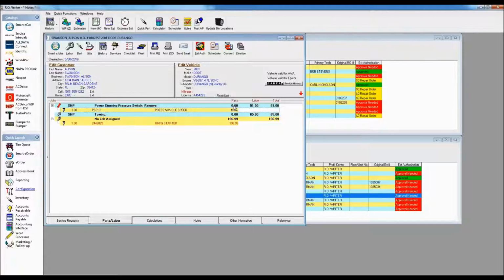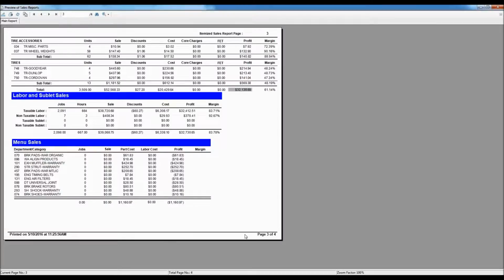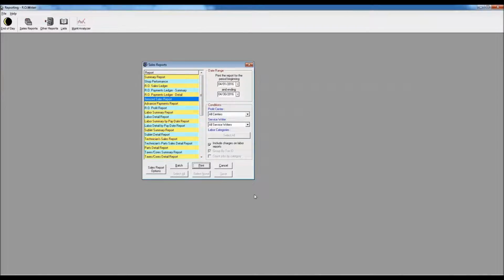So again, if I wanted to make sure that I recorded a part was sold, use the cost as part of the profitability calculation, but not actually charge the consumer whatever the selling price would be, I can flag it as a menu item. The itemized sales report would then tell me exactly how many of those menu items and/or what dollar amount for the time frame we've selected were flagged as menu. So again, if I'm trying to keep track of which ones I'm putting on the ticket but not charging the consumer for, your itemized sales report will